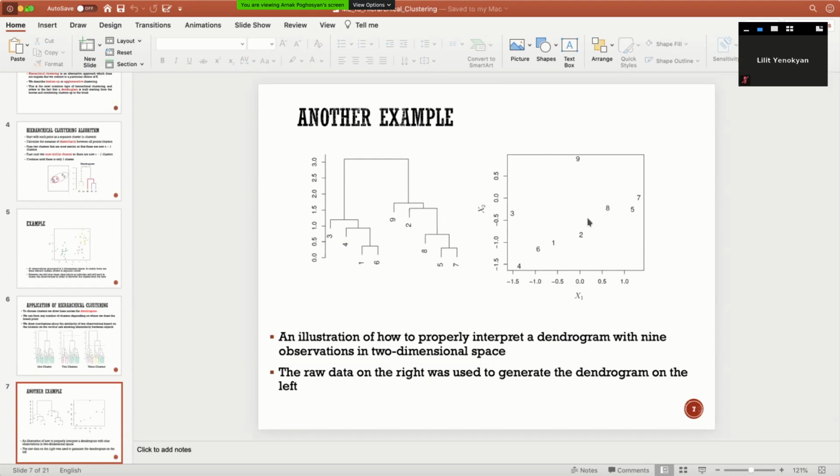Actually, in this case, you have 9 different observations. So your data frame includes 9 rows, and you have 2 features, so 2 columns. The value of x1 is showing the corresponding x coordinate, and the value of x2 is corresponding to y coordinate. You're just putting the corresponding points just to